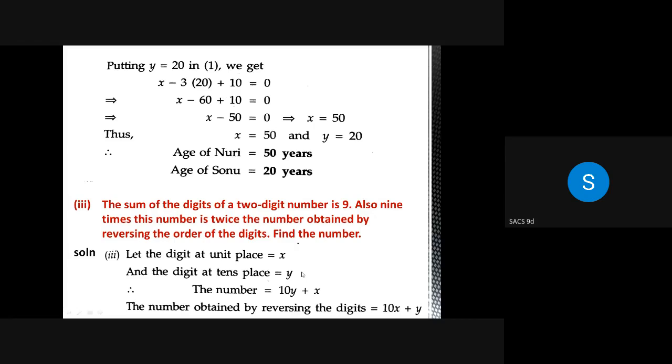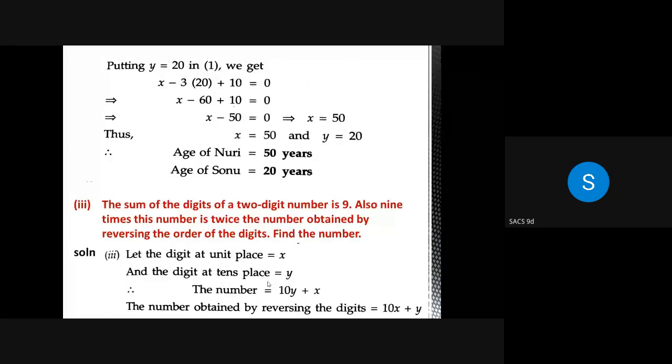So here, you will take one of the digits as x and the other digit as y. Now, you have to specify also which is which. That is, it's a 2-digit number, so which digit is in the tens place and which digit is in the units place. So over here, I'm taking x as the digit in the units place and y as the digit in the tens place, because the number will vary accordingly. Now the number will be 10y plus x. That is 10 multiplied by the number which is in the tens place plus the units digit.